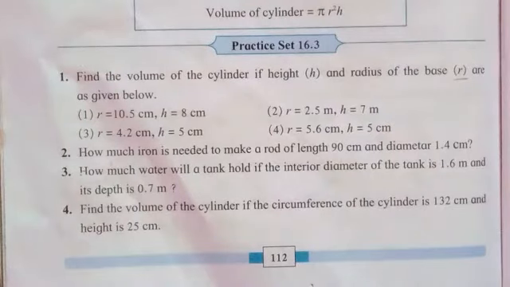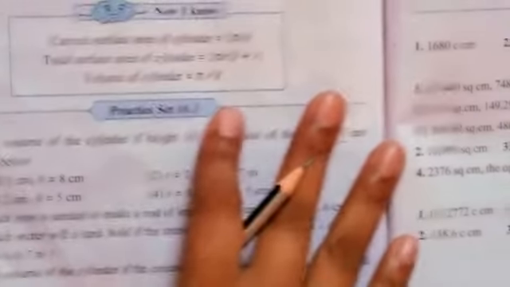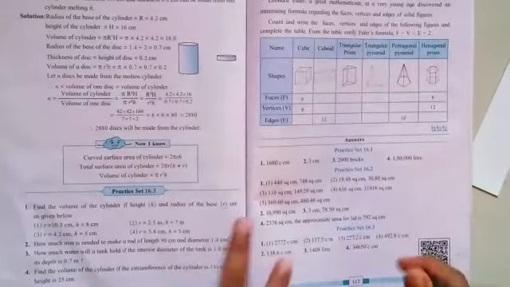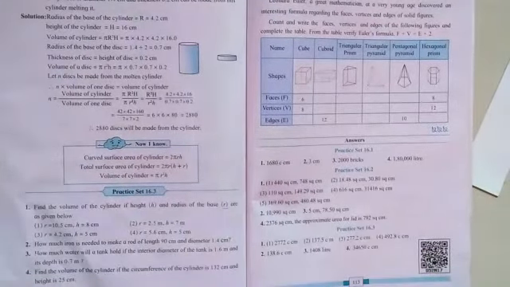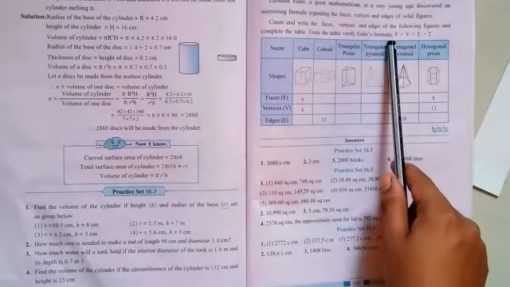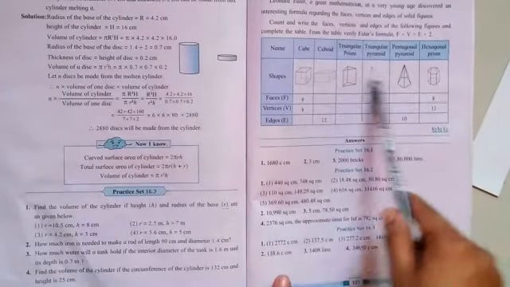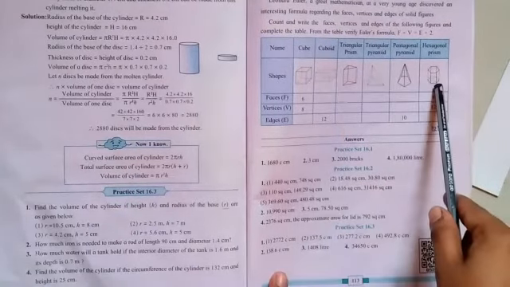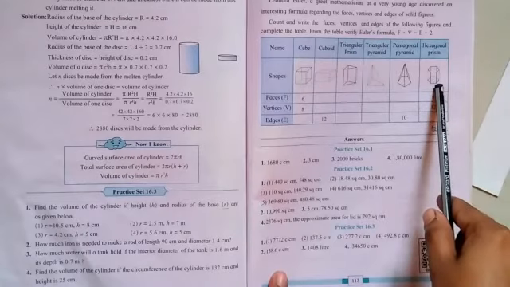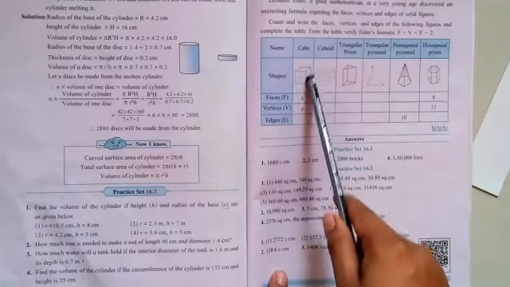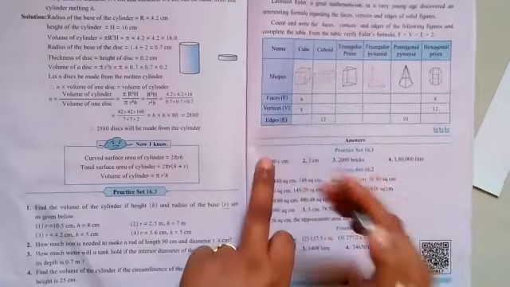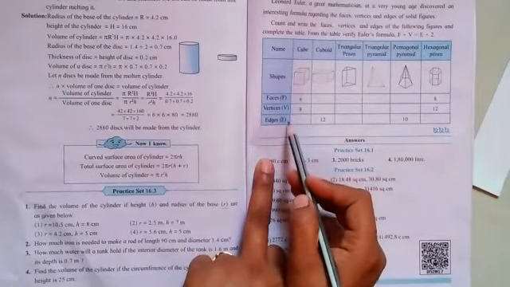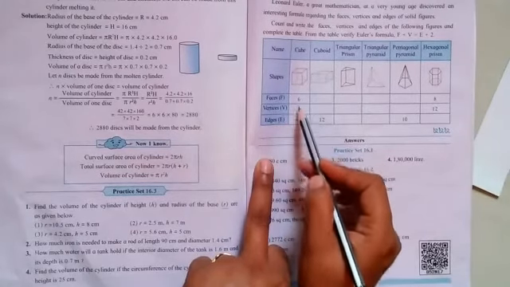But students, few more information is given on page number 113. Here the Euler's formula is given. According to that, a few geometrical concepts are given in the chart. These shapes we have to observe and draw in your classwork notebook very properly, and from each figure we have to write the F, which means faces, V, which means vertices, and E, which means edges of the figure.